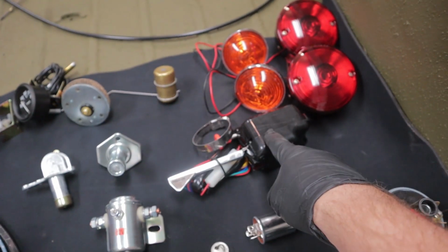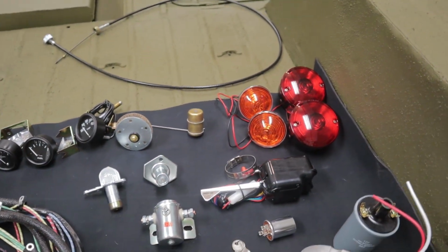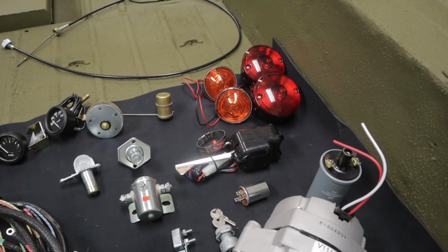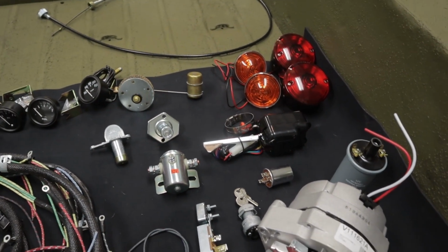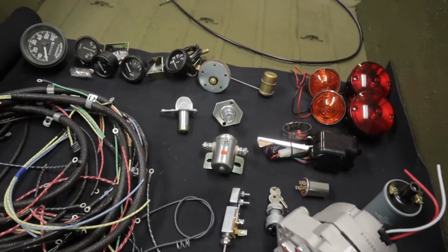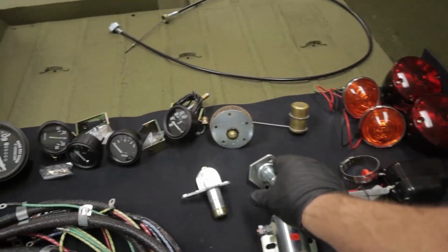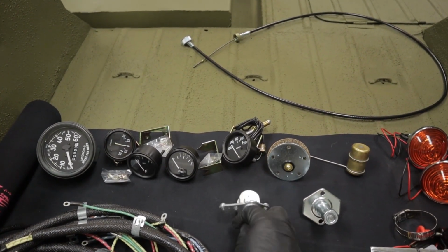Going to be putting a turn signal on it. Something that this Jeep didn't have in '47, but because my brother-in-law and sister-in-law and nieces and nephews are going to be driving in this thing, we want to make it safe. They're also going to be in Houston, so we want to help everybody out behind this thing as much as possible. This is our start button, you step on this, high-low switch,